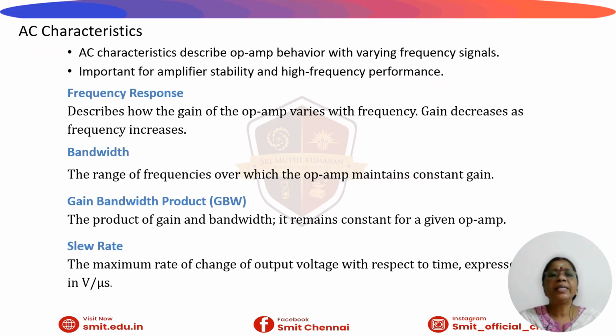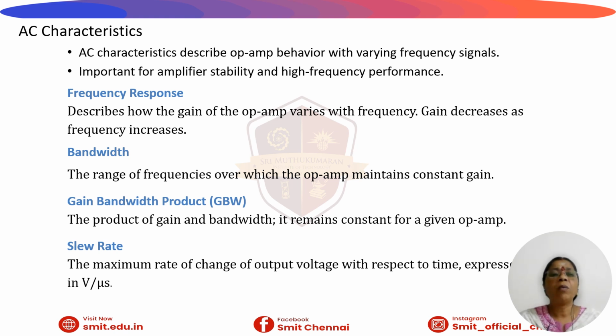The AC characteristic describes the op-amp behavior with varying frequency signals, focusing on frequency response, bandwidth, and slew rate. The key aspects of AC characteristics include a decreasing gain at high frequencies, which rolls off at minus 20 dB per decade after a corner frequency. The key metrics are the gain bandwidth product, GBW, which is constant, and slew rate, which limits the maximum output